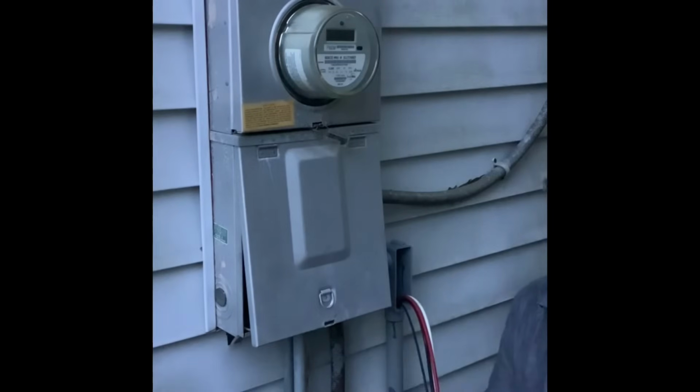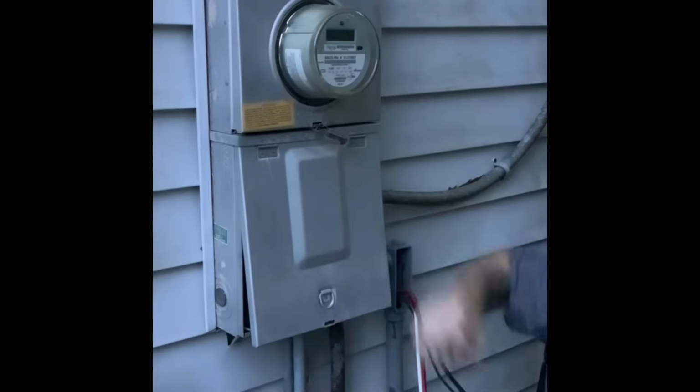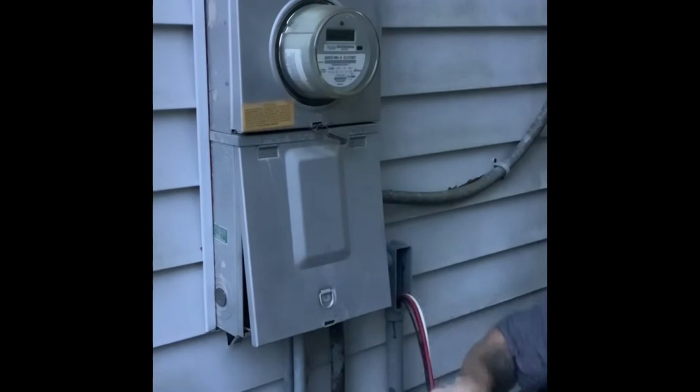Okay, so I have about 20 feet of extra wire sticking out of this conduit body here. I don't want to pull all that through this little nipple, so what I'm going to do is just give myself a few feet, plenty to reach the furthest breaker in here, and I'm going to go ahead and cut it